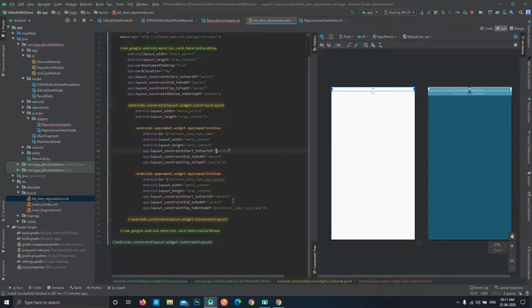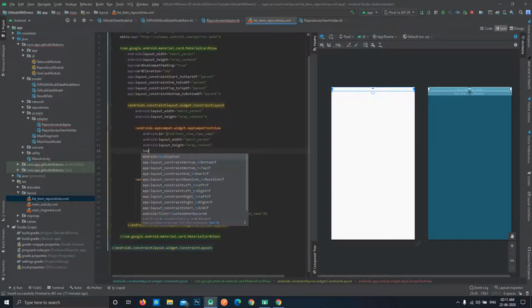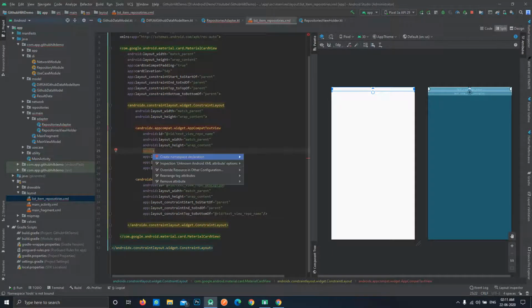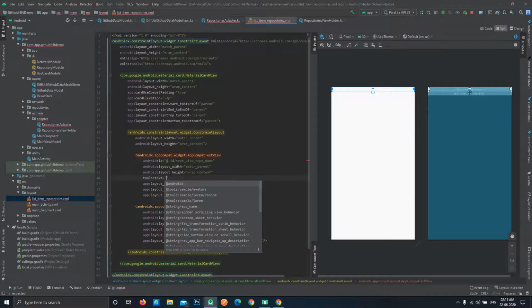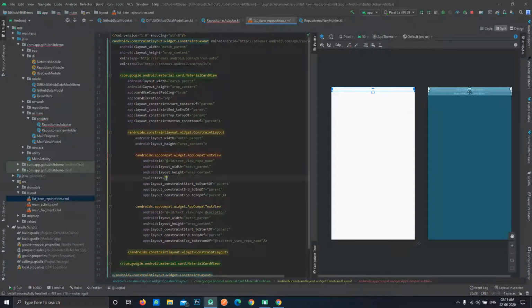Now we actually have a property, you can define tools over here. It will give you an error, so press Alt+Enter, create namespace declaration, and it will automatically define it over here. Now you can use text. Let's put the name of this project, so let it be app name.